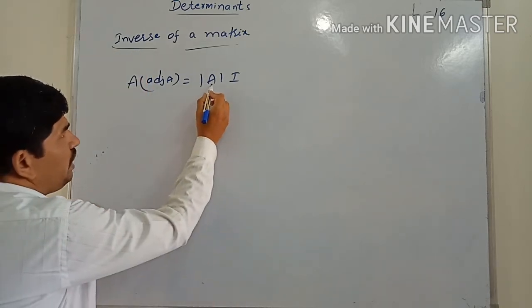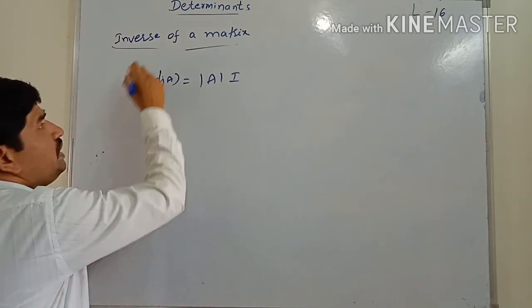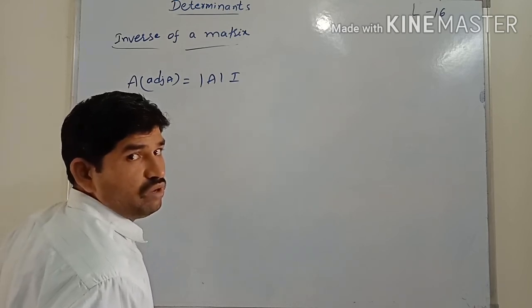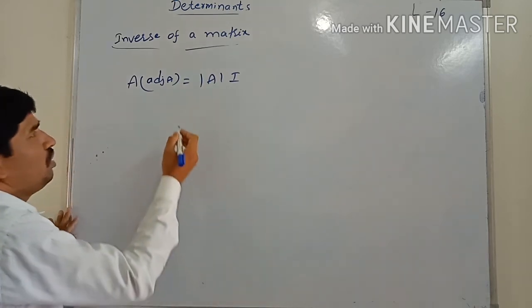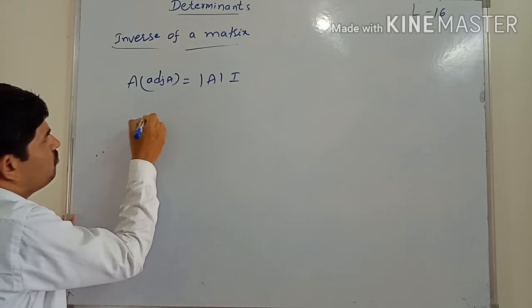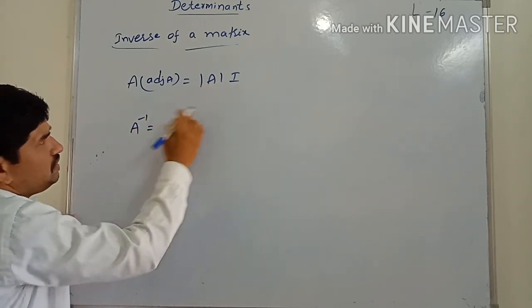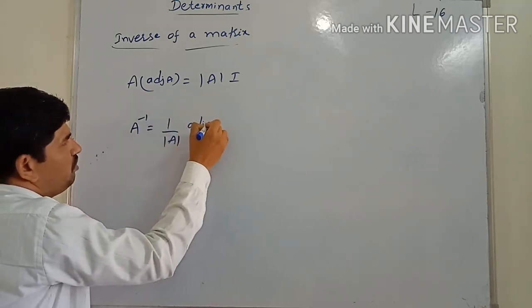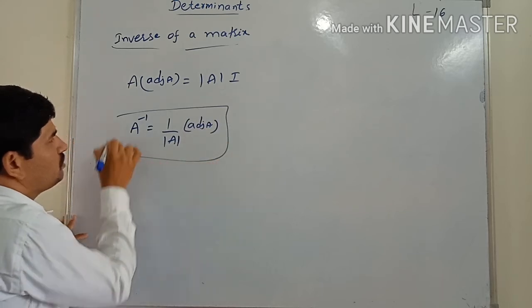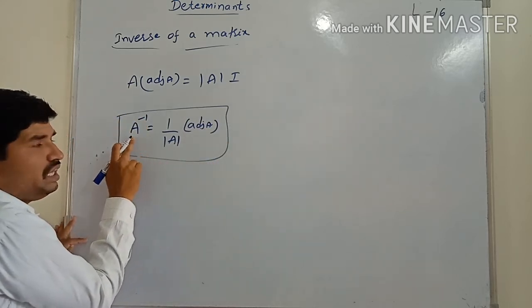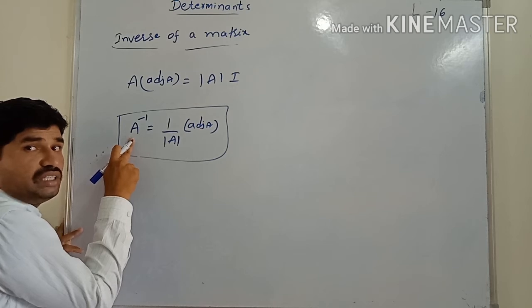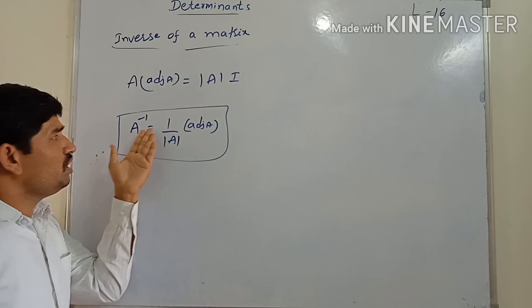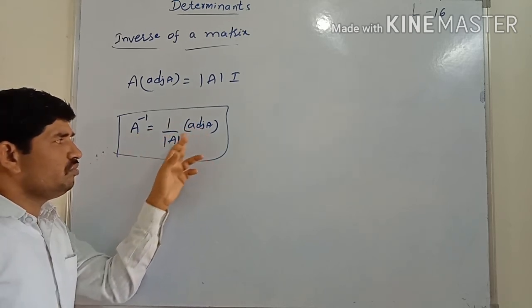So now we take the determinant of A on the left hand side, and we send A to the right hand side. By sending A to the right hand side, it will be what? A inverse. Means 1 by A can be written as A inverse. So now I am writing from this, A inverse is equal to, by taking this on the left hand side, 1 by determinant of A into adjoint A. Remember, this is the formula for inverse of a matrix. This symbol is nothing but the inverse of a matrix A. So what is the formula? Adjoint A by determinant of A.